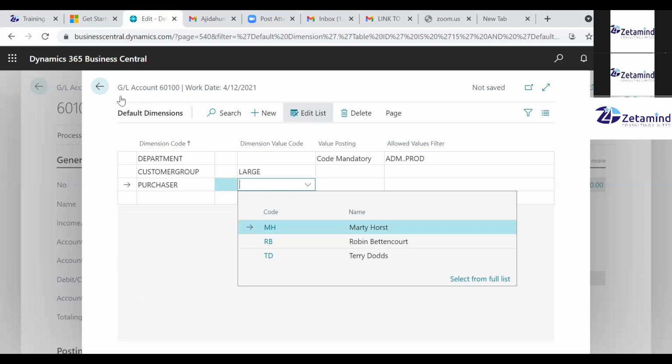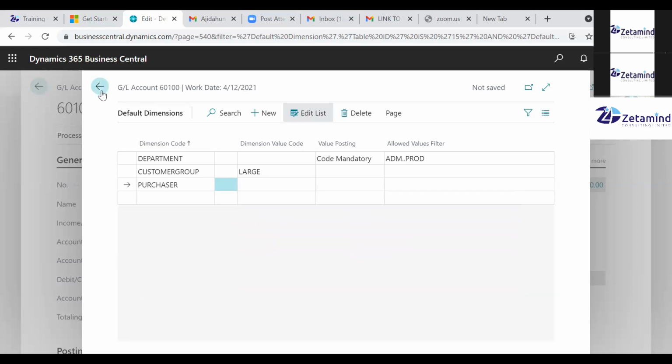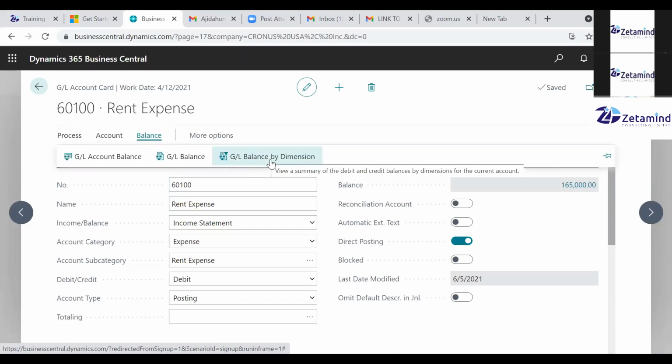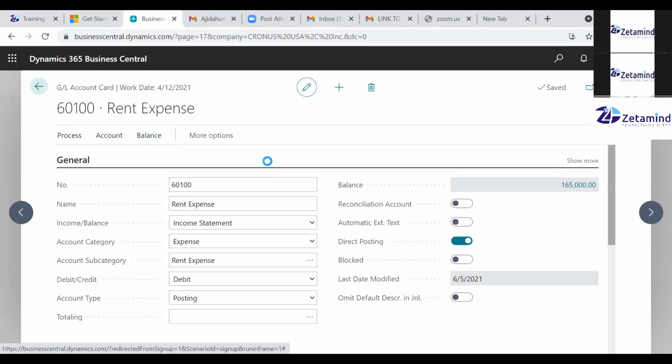So let me just post one or two other transactions in the expense again. Then we now analyze the figures, and then we see how the system works. Okay, we can even go ahead with this because of time. So let's analyze this. I want to analyze this rent expenses by dimension. So what I need to do is just to come to the GL analysis by dimension. If I pick this,